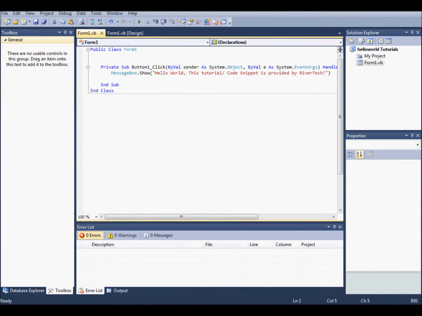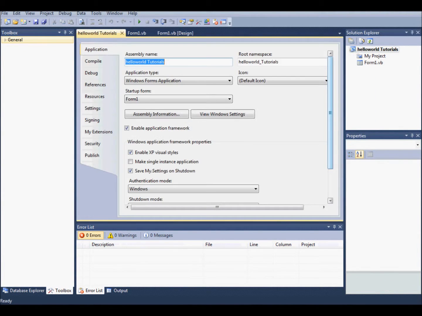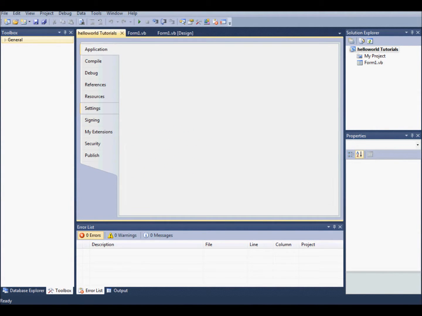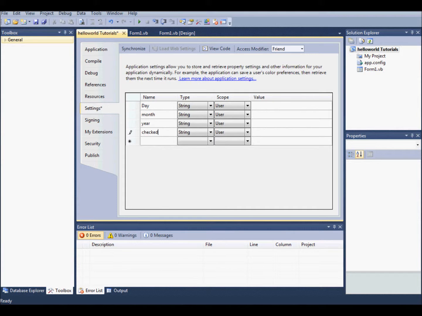To make a setting, you select Properties, and this will give you the properties of the form. You go to Settings, and then you can type it in right here. Day, month. I'm going to pause it. As you can see, I have finished inputting the